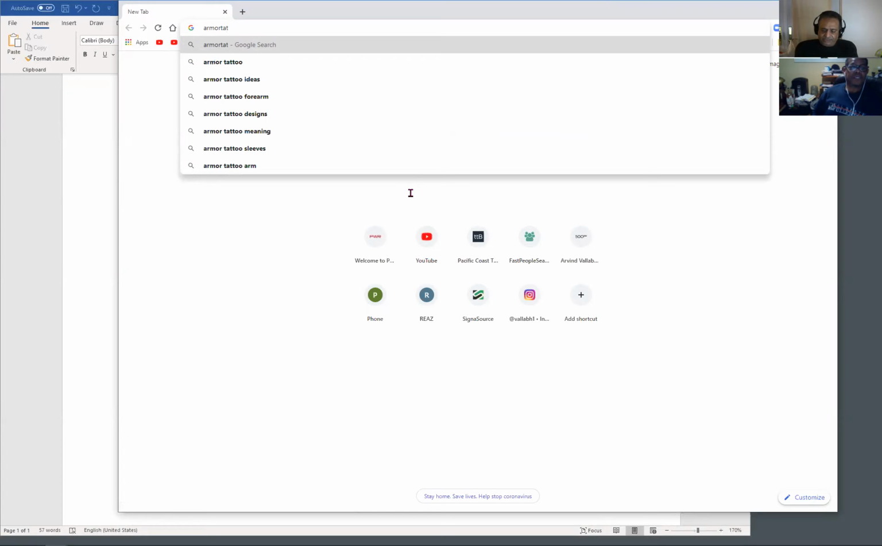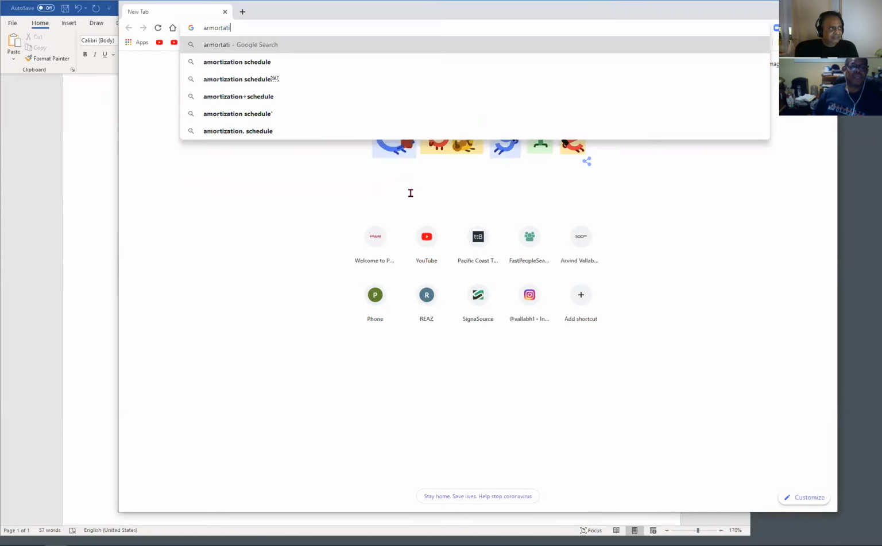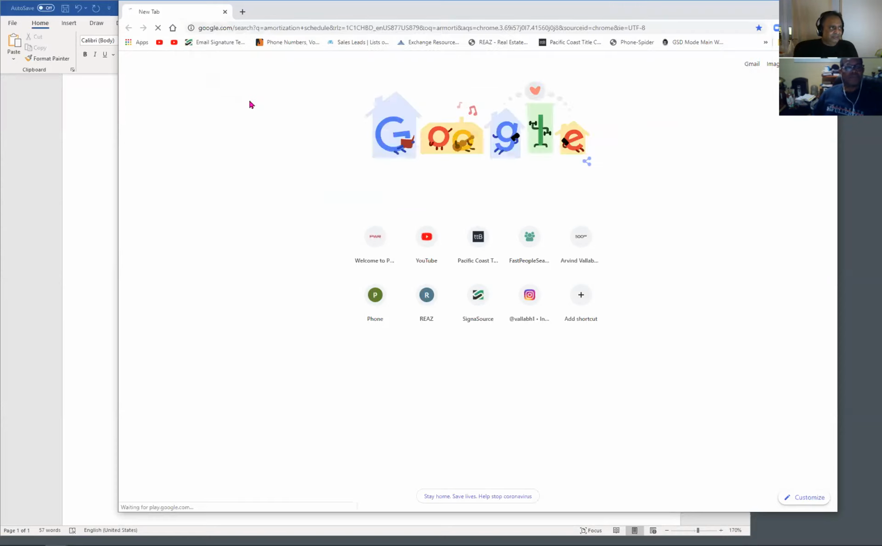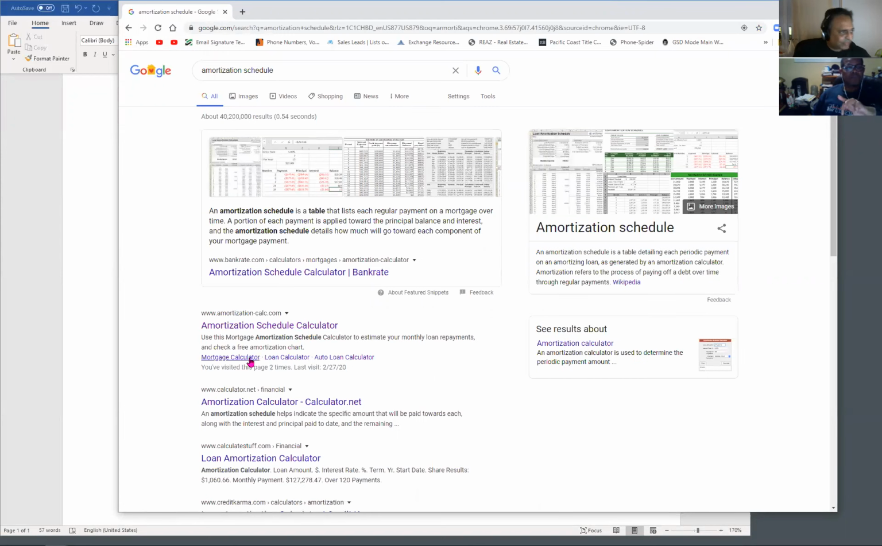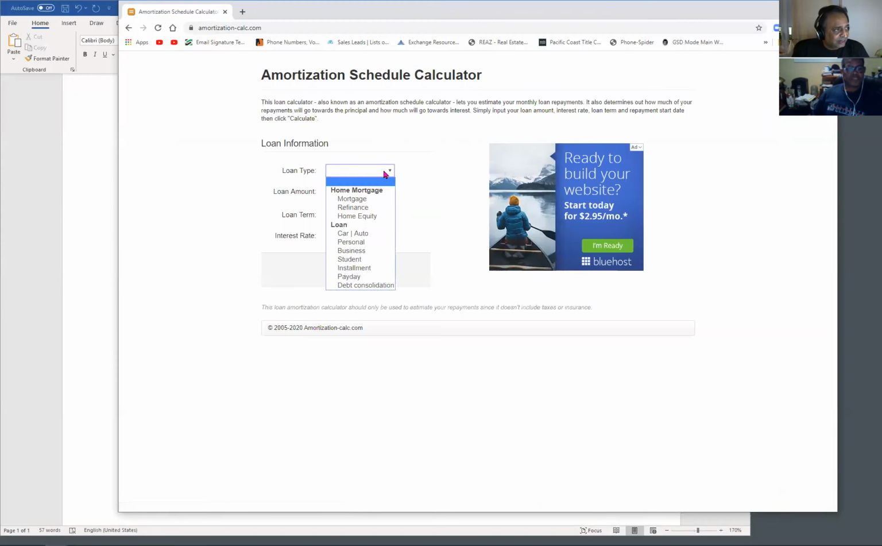Amortization, is it right? Move the A. Go back. Oh, you had it on there. That's right. Now you see it down the second one. There you go. So use the calculator amortization. Right, there we go. Loan type,